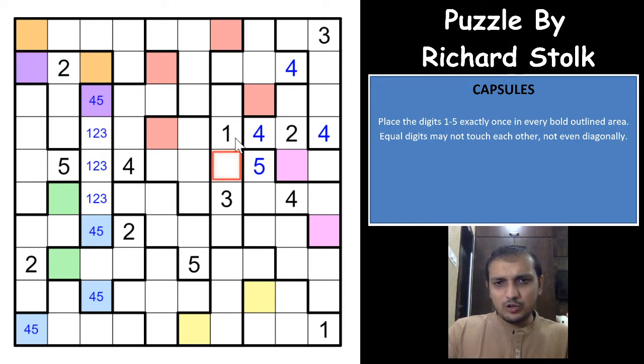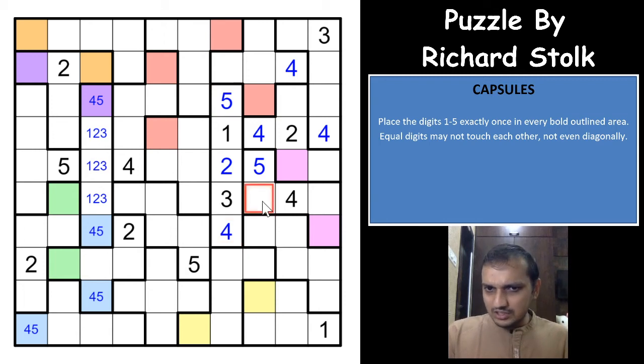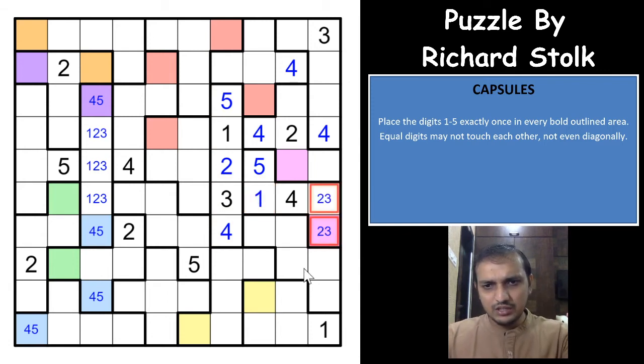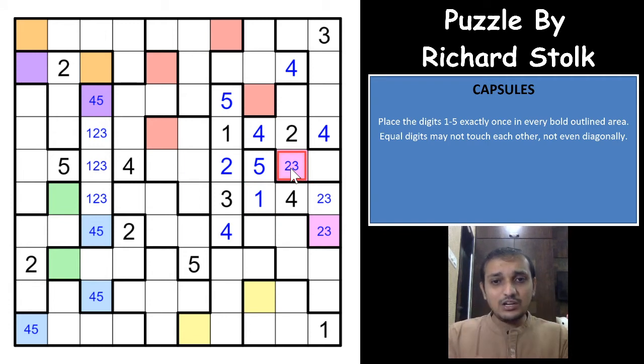This cell will have only one digit, which is 2, which means that these 2 digits will have to be 4 and 5, and this will have to be 5, this will have to be 4. That's nice. This cannot be a 3, this cannot be a 2, so these 4 numbers are different, and this cell will have to be 1, which means these 2 cells are 2 and 3, so this would have to be 2 and 3. Wow, see, this is the only thing that helps us to solve it faster.